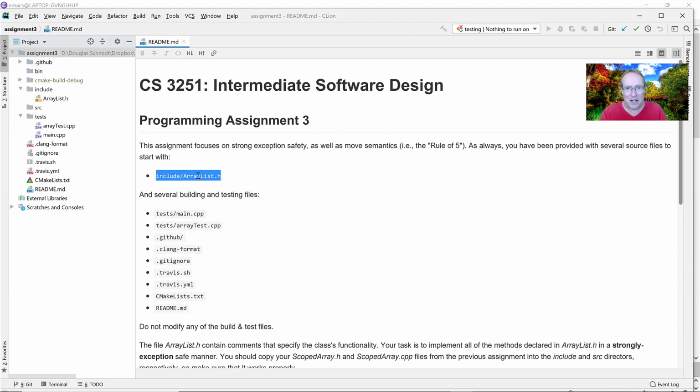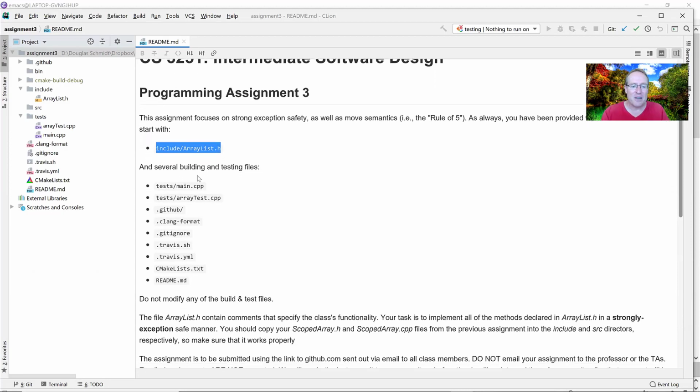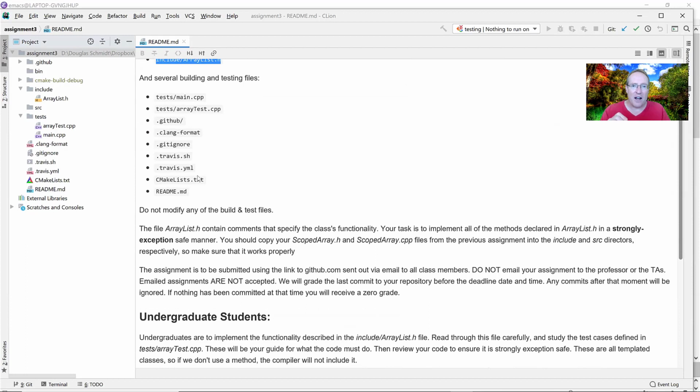As always, don't make changes to those build and test files, or chaos and insanity will result. The ArrayList.h file, which we're going to examine, contains comments and some specification of the methods and so on that you'll need to implement in the ArrayList.cpp file, which of course should go in the source directory, as we've talked about. And that will be a generic class that implements an array, which is kind of a stripped down version